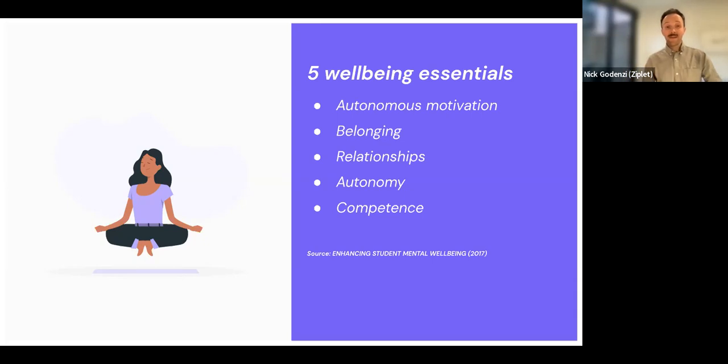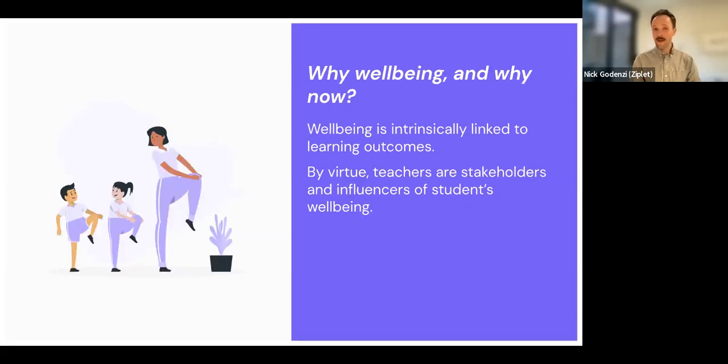So thinking about all of that, why do we actually care about wellbeing and why do we care about it now? One key thing about wellbeing is that it doesn't necessarily mean sunshine and rainbows all the time. Wellbeing might mean that from time to time, students do experience emotions such as sadness, fear, maybe anger, frustration, but these are all pretty normal parts of the human experience. And I'm sure as you've all experienced yourselves in the learning environment, these emotions, while they might have a negative connotation, can actually help students learn, grow and build meaningful connections with others.